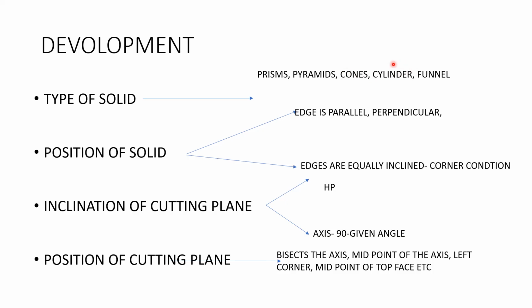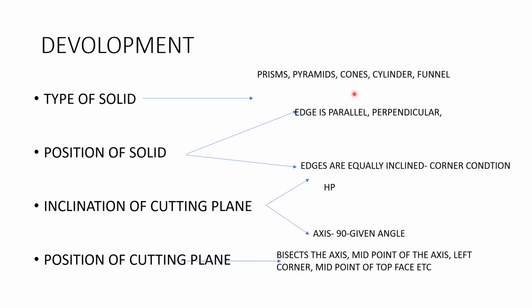angle. Or if it is a cylinder, we need to remember the width of that will be equal to 2 pi r. And if it is a funnel, again it is a combination of these two only. So these are three very important and tricky problems where we need to understand. That's the first type, the type of solid. Next will be the position of a solid. How exactly it is positioned, whether it is resting on an edge or a corner, or maybe the edge is inclined. Because in the planes of the solids, normally we get that it is resting on a side or corner directly, but